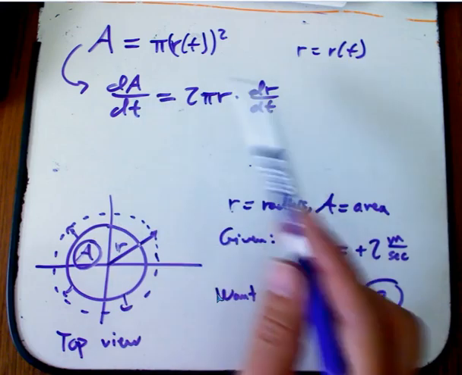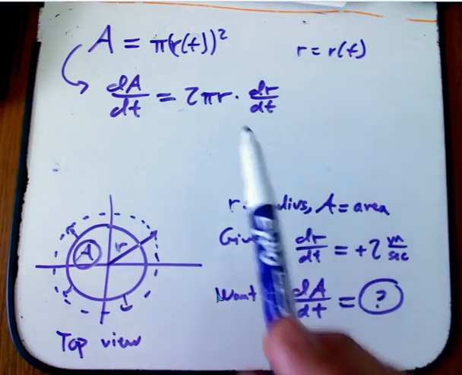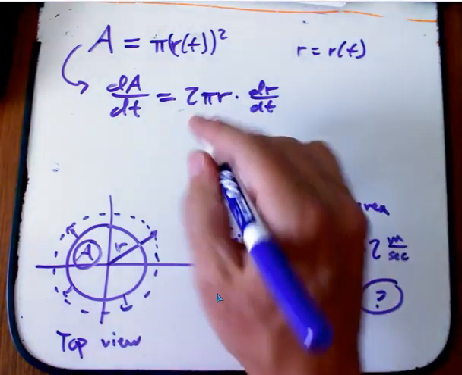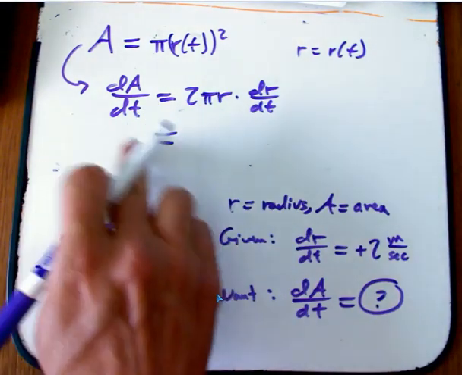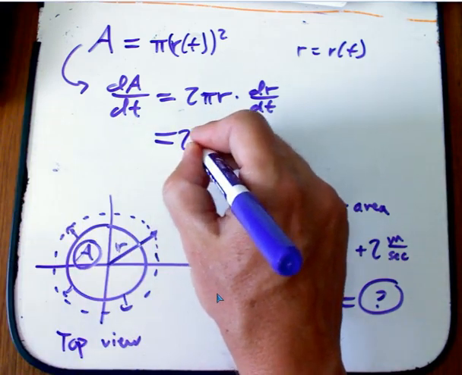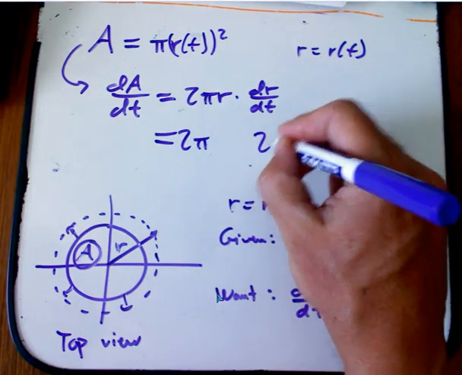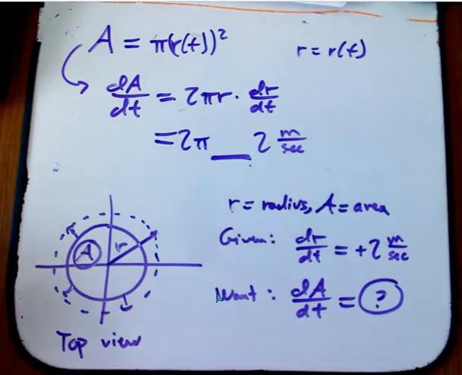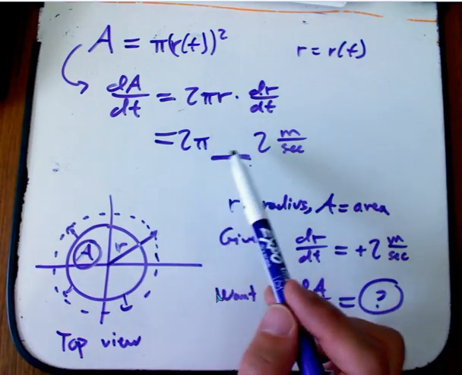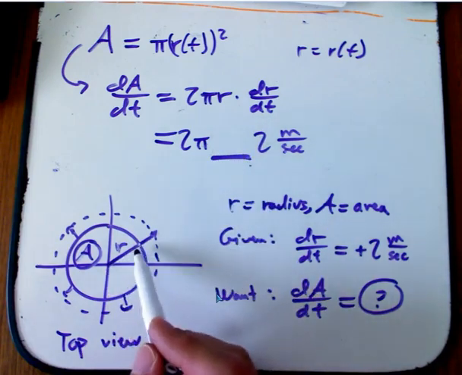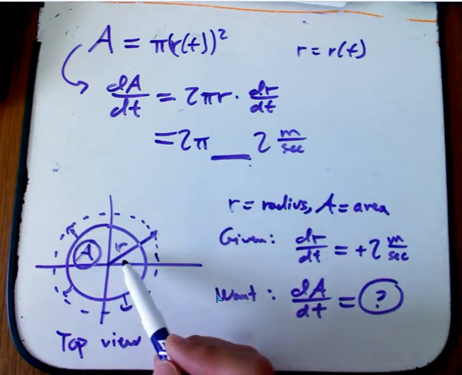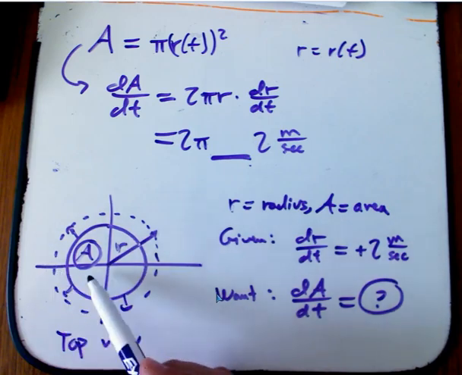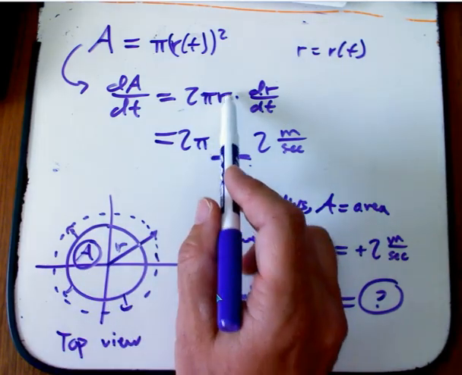Okay, now this is really a good place to be, but it's going to tell us that I didn't actually specify the problem precisely enough to get an answer. We know dr dt. We want to know dA dt, so don't plug anything in there. That's going to be the answer. We know 2 pi. We know dr dt is 2 meters per second. Uh-oh, I can't actually solve this problem unless I actually know what the radius is at any given time. If you give me a circle and you don't tell me how big it is, but you tell me how fast the radius is changing, I can't actually tell you how much the area is changing